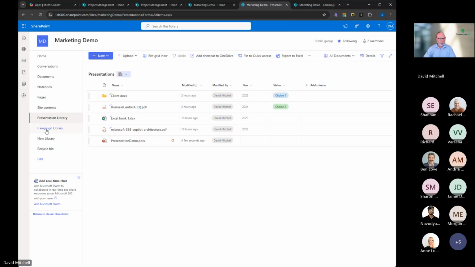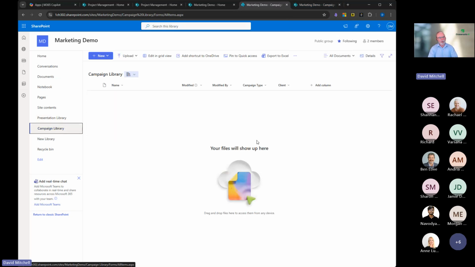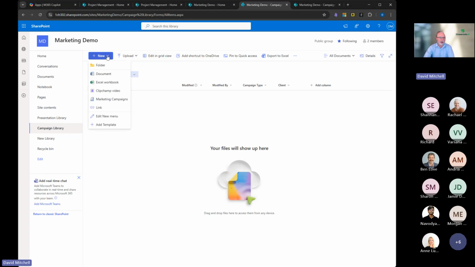So onto campaigns. Now, I mentioned folders before. One of the types of templates that you can use is actually called a document set. It's a type of content. In fact, it's a content type in SharePoint speak. What that does is, let me demonstrate. So I've got a marketing campaign document set here. If I click on that,